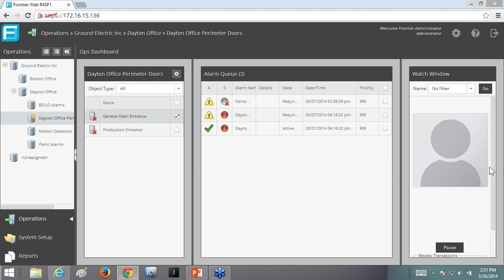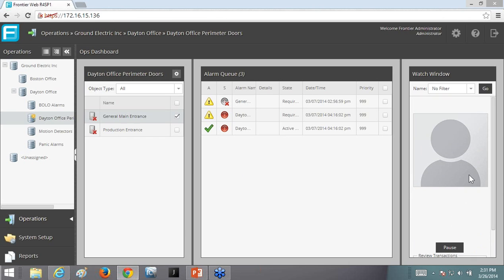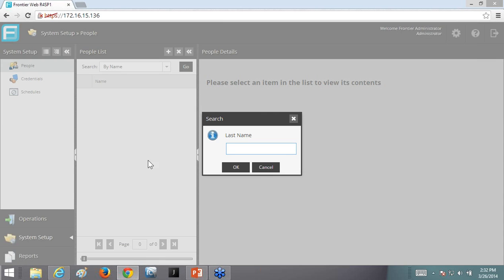And then of course you have the watch window. So similar functionality to the client here, where you can see transactions as they're coming in real time, as well as apply filters and things of that nature. So if I go to system setup here,